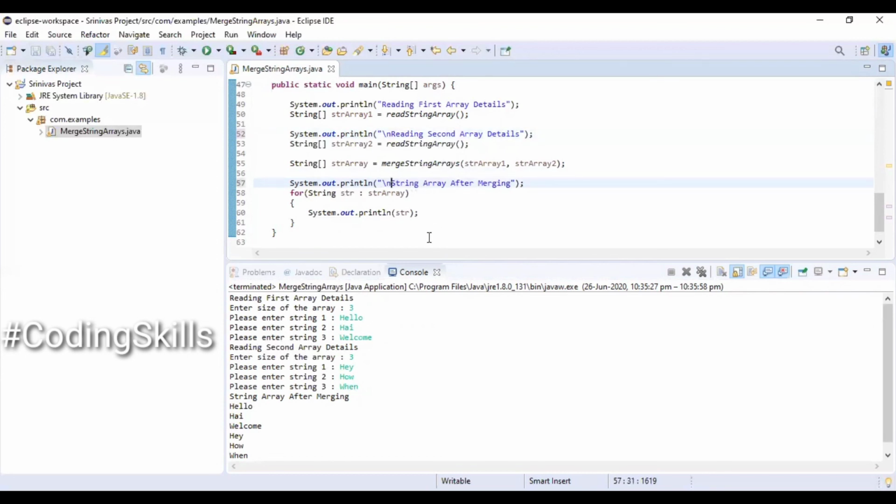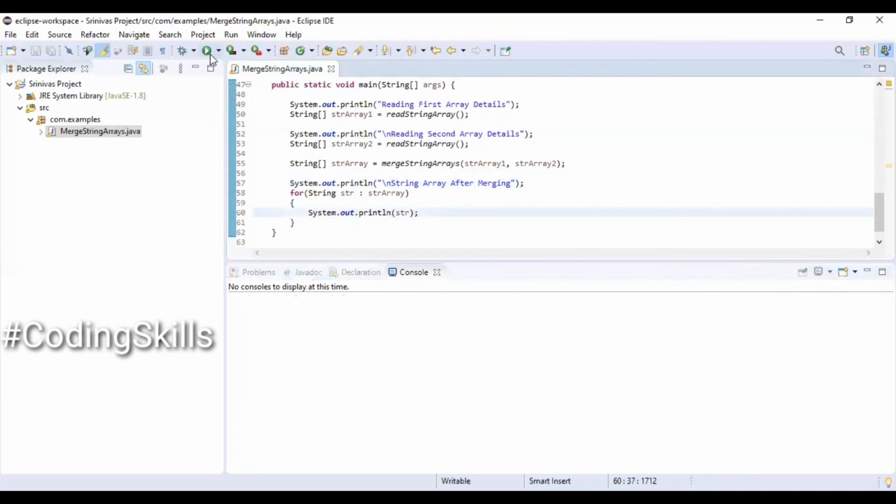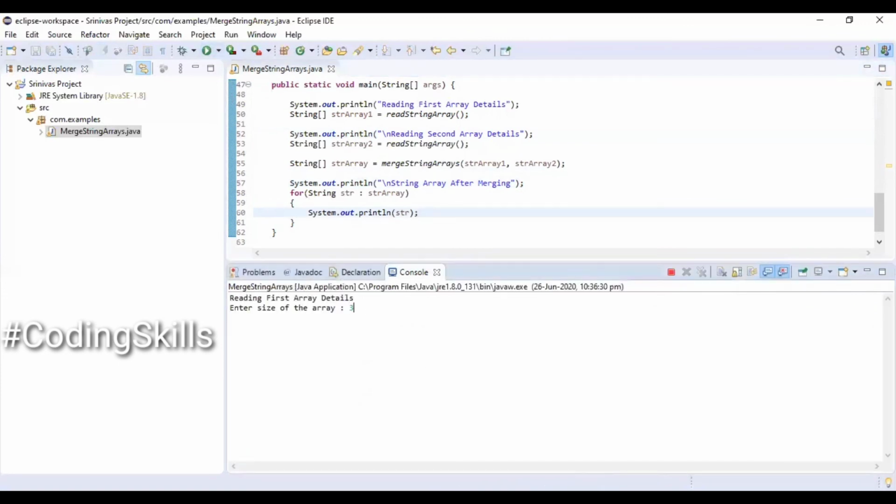Adding a new line character for better readability. Executing again for the next iteration. Size of the array is 3 and trying to enter 3 different values. And for the second array also the same size.